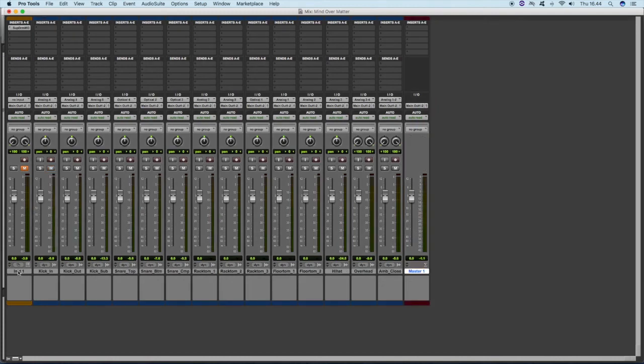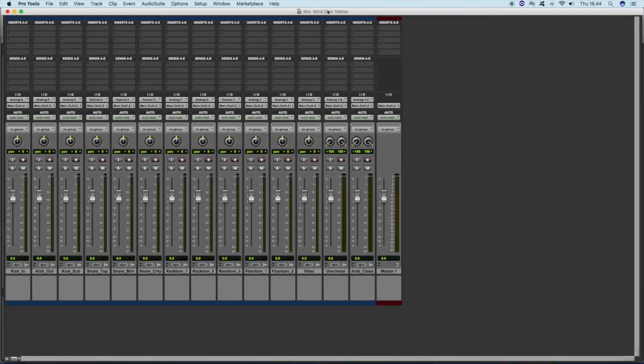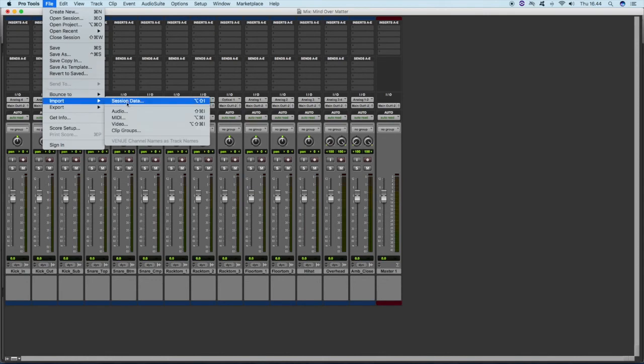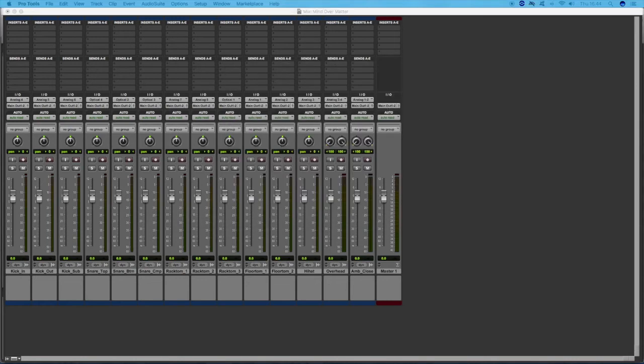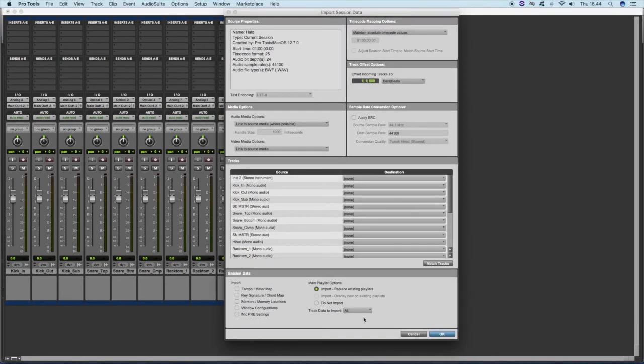The mix window looks like this. I can hide and make inactive the instrument track so it won't take up any processing power or whatever. So then I'm going to import session data from a song called Halo that I already worked on. Then it'll bring this. First of all, none. Okay, so I'll just choose the corresponding